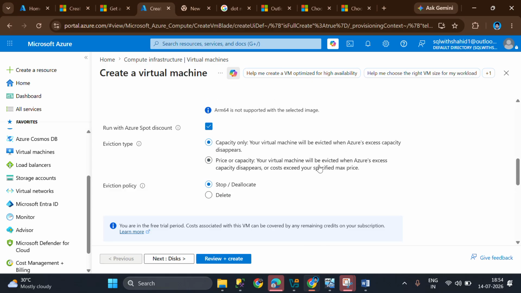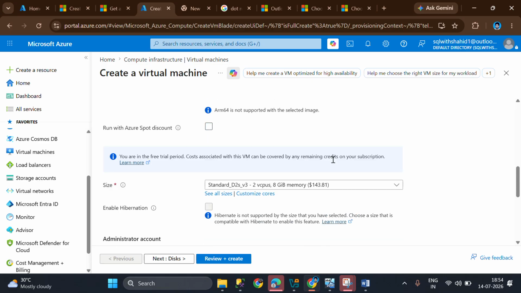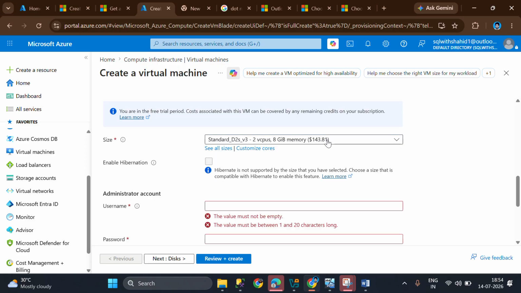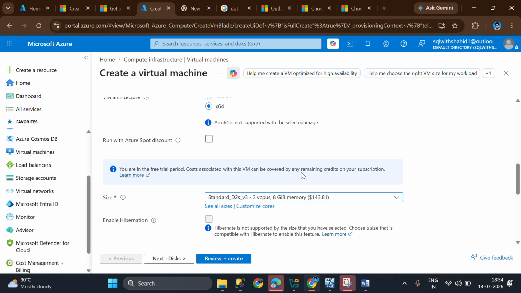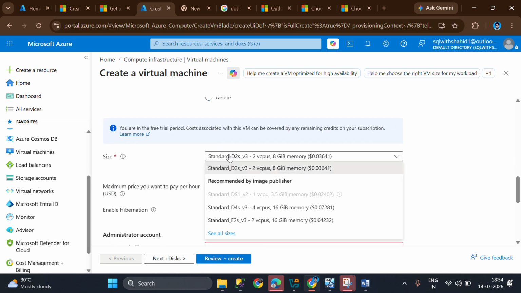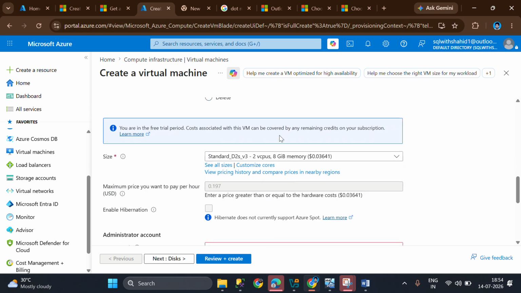We have to uncheck this, because otherwise I can't select the other option. Two CPUs is enough, I think. I wanted to select this basic, it is already basic. Okay, fine, I will be checking this. Most of the things have changed. At the time when I took the subscription it was different, now it is different.